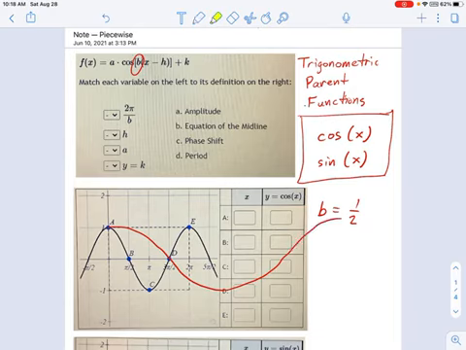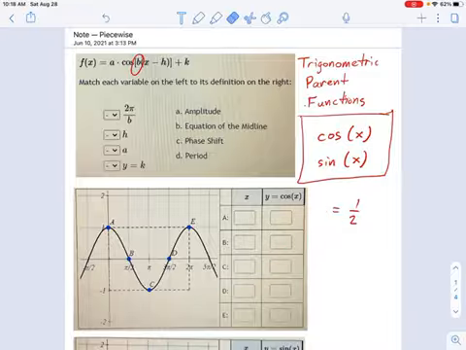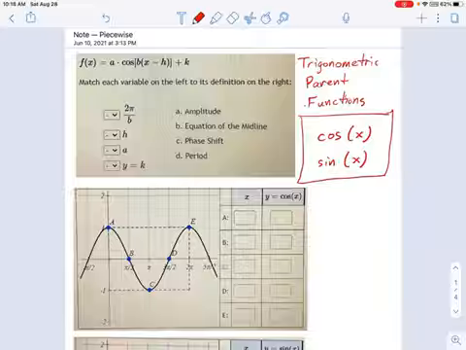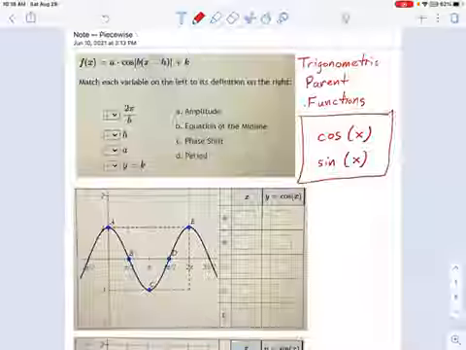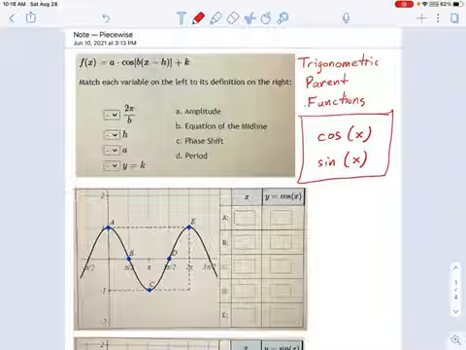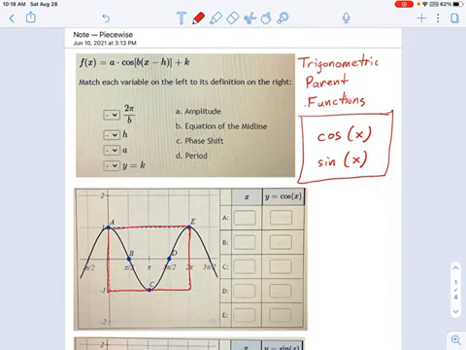So those are the four types of transformations. We're not going to deal with the phase shift immediately. We're going to get to that a little bit later. But that's what's coming. Now, I've drawn here the parent functions, cosine and sine. And you can see I'm labeling some key points, A, B, C, D, and E. Those are very useful when trying to figure out what the graph of the function looks like. See what I've drawn here in this image is a dotted line. And that shows you where the parent function lives.